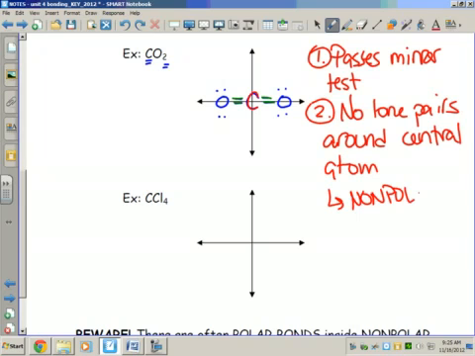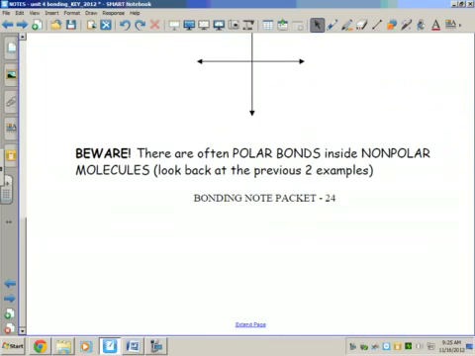So this is a nonpolar molecule. Again, you look at it, it passes the mirror test, and there are no lone pairs. Our final example